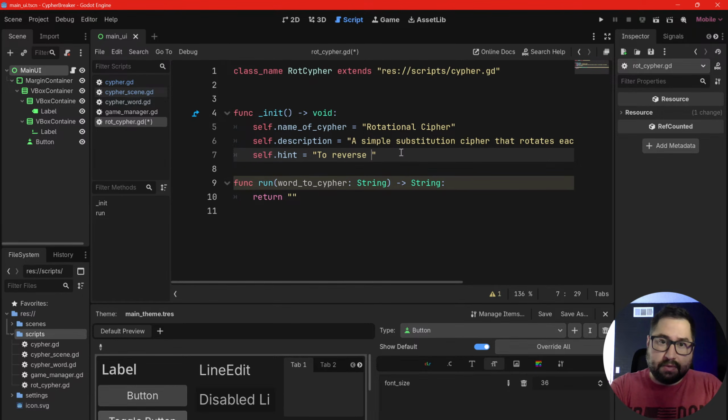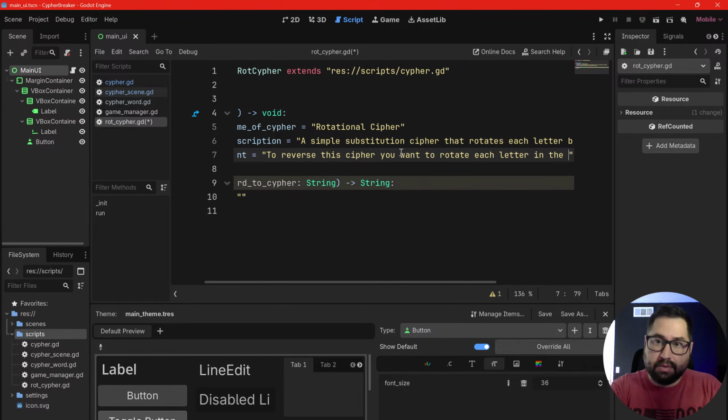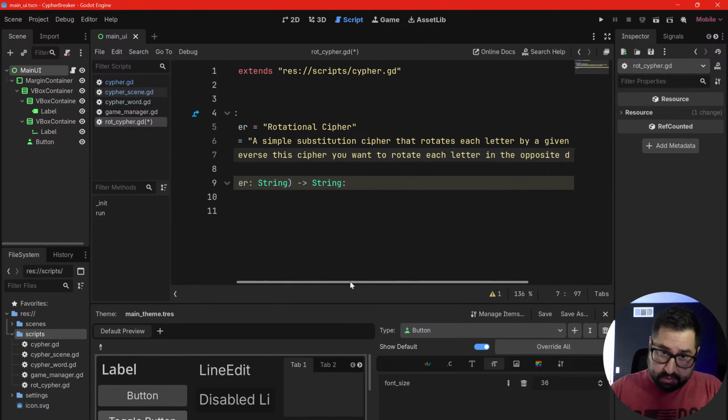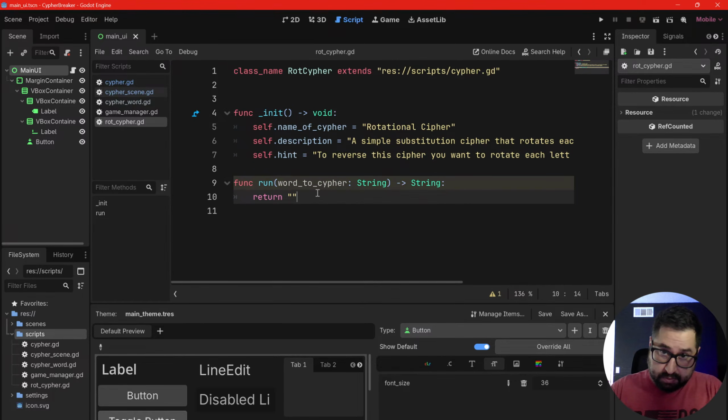To reverse the cipher, you want to rotate each letter in the opposite direction. Right, so